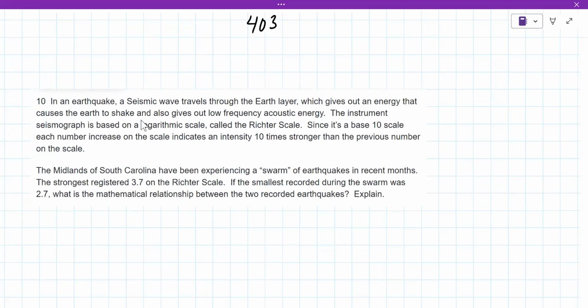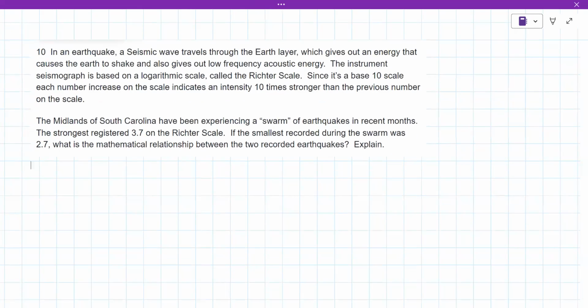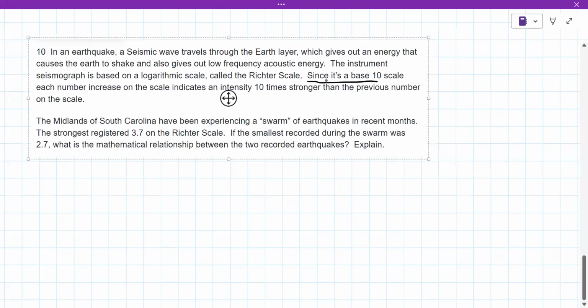Okay, if you haven't read this, go ahead and read through this. I've got to go look back in your lesson and see if they give you any equations for this, because I don't think that they do. So the idea here is that if you had a chance to read through this, it's really a base